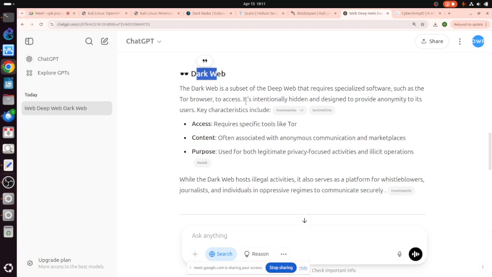Dark web is not surface web. It's a web on the internet, but intentionally hidden and designed to provide anonymity to its users. It requires a special tool to access. The problem is, in the dark web, we can see whether our information is leaked, whether our password is leaked, if there is any problem with our website, and so on. Okay, that's dark web. Now, to access dark web, we need a tool something like Tor.